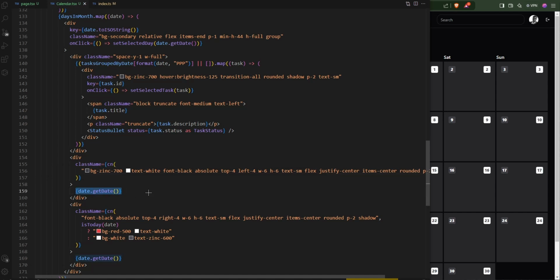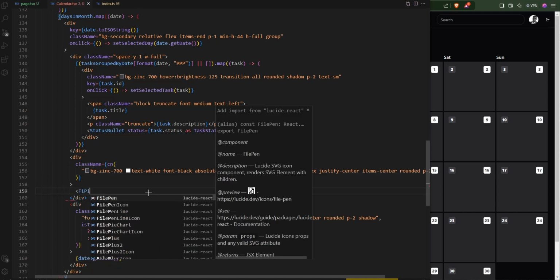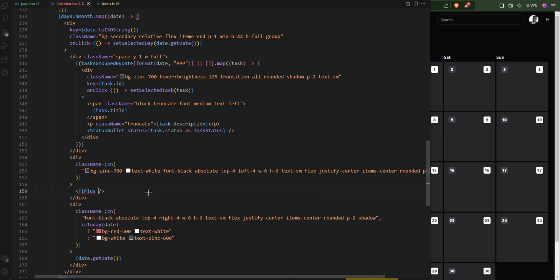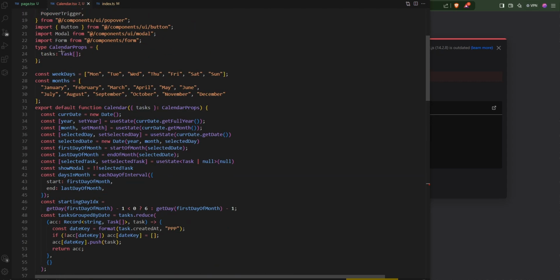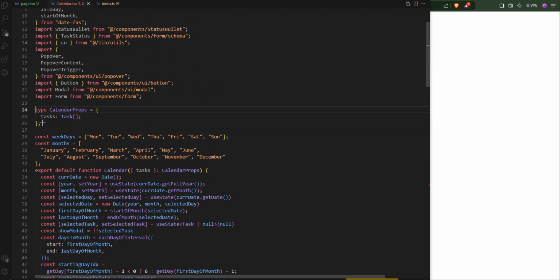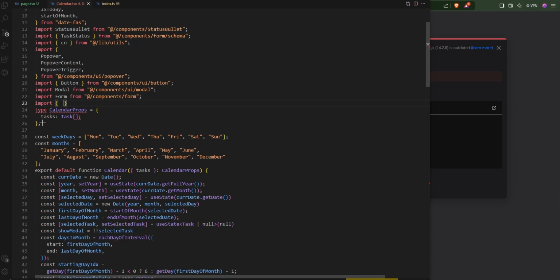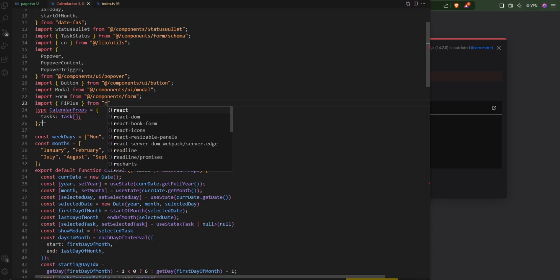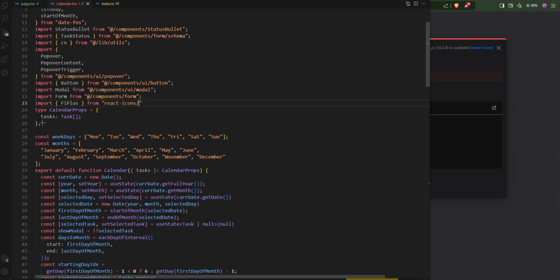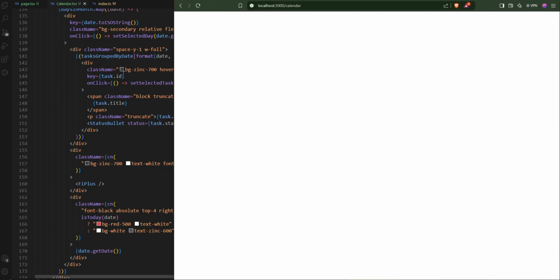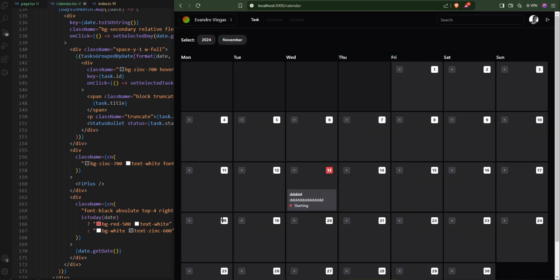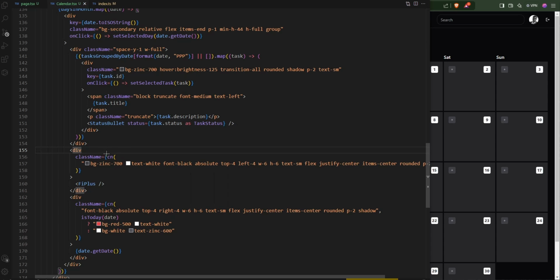And here we are going to show a Fi plus icon. So this is the icon that we're going to use, that is coming from, guess what, React Icons. So import from react-icons/fi, like so. Now let me go back here to the app. So let me refresh. You see this icon showing up in all of the cards, and